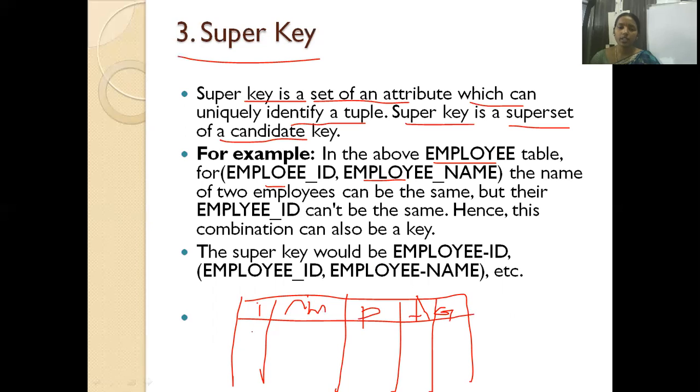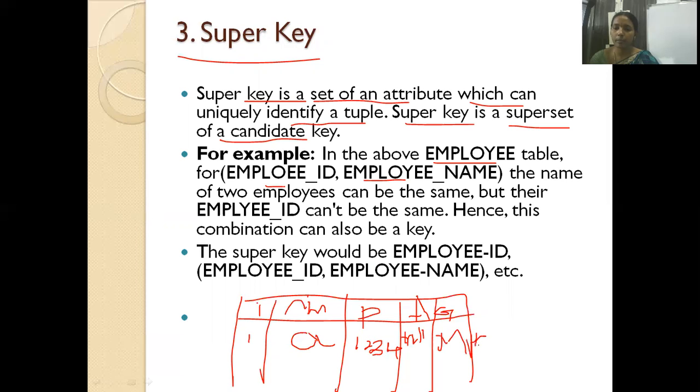Clear? So the ID number is 1, the name of the student is A, phone number is some 1, 2, 3, 4, Aadhaar number is 101111 something, and group is MPC.